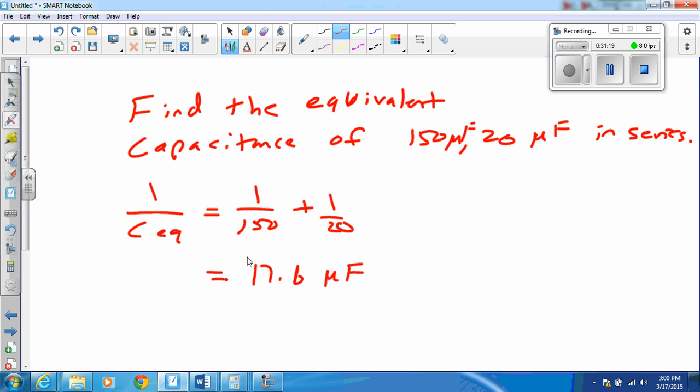Microfarads. All right. Now, all of you in your heads, find the equivalent capacitance of these two in parallel. 170. 170. The end. Yep. Clearly,